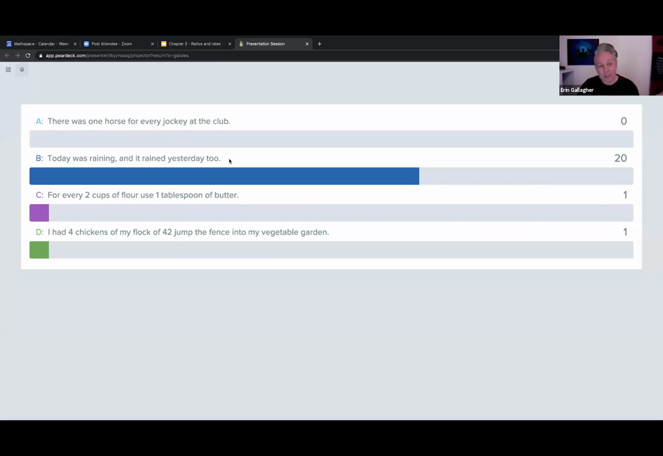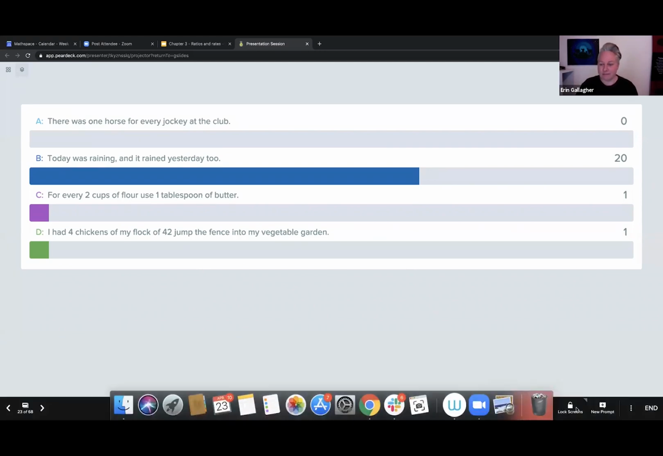So the one that is not a ratio, and most people have the correct answer here, is: today was raining and it rained yesterday too. We're not comparing 2 quantities or amounts. It's just a statement about the weather, really. Okay, fantastic. Well done, everybody. I'm just going to lock that